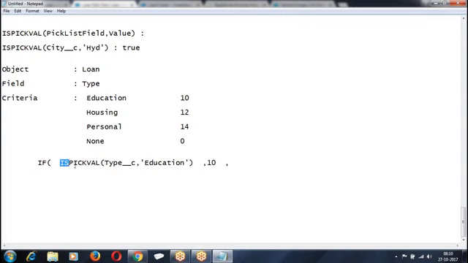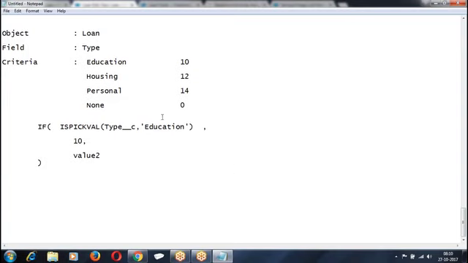Now this is what? A condition, right? If the condition is true, this is the value. Else, this.